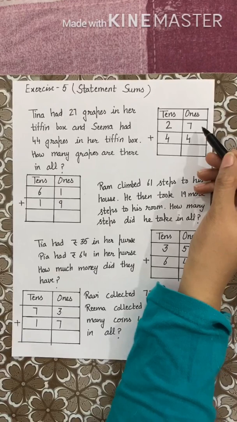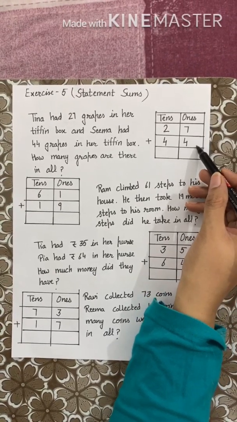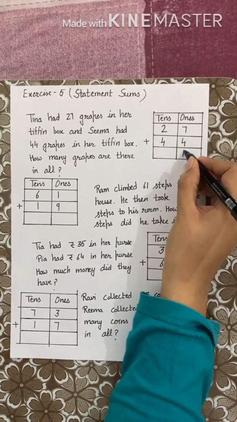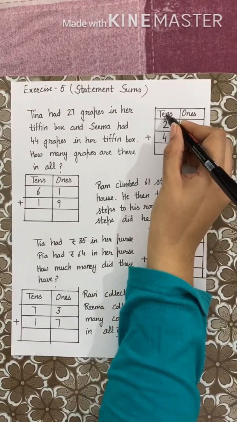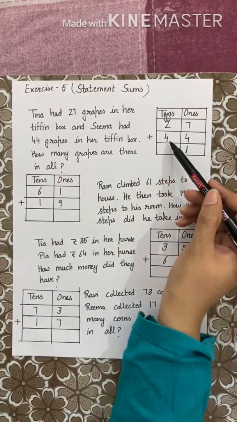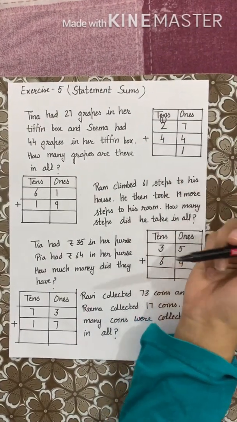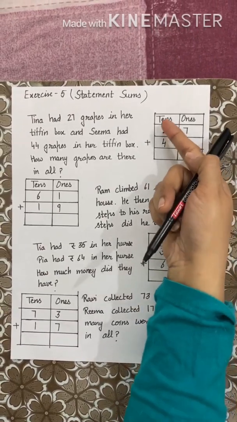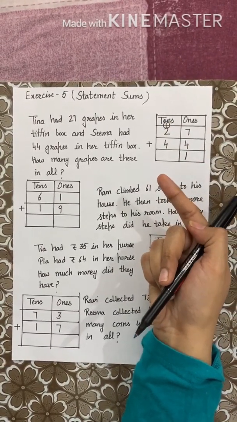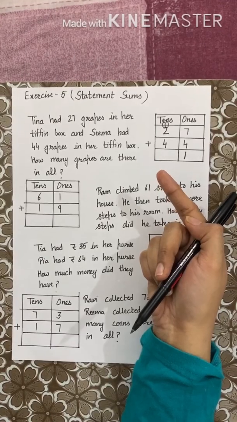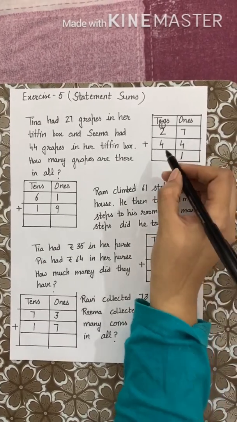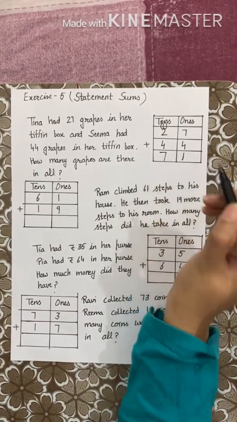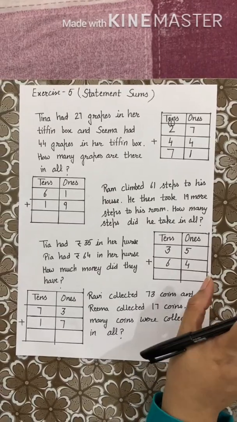So simply keeping 7 in mind and moving 4 blocks further will give you 11, and 1 will be carried over. Then keeping 4 in mind again and moving 3 blocks further, 2 for this and 1 for carry over. After 4 you will start moving forward, 5, 6 and 7. So addition you are very much clear now, right? How to add the numbers, you are clear with it.